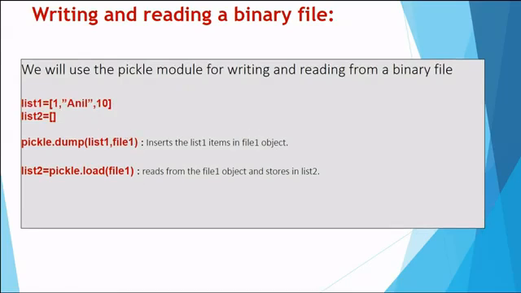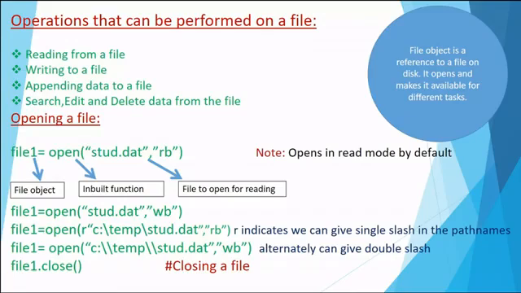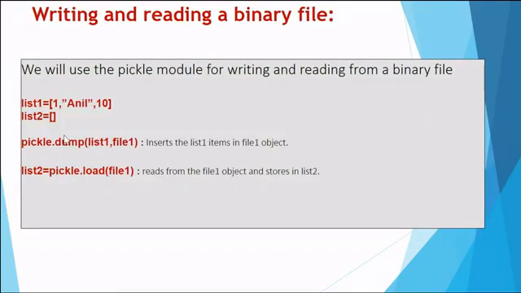Here you can see I have two lists. List 1 has a roll number, name and marks. List 2 is empty. Now when I want to read from a file, suppose I have made a file, file 1, like what I have shown in this slide. I have opened it in read binary format, and I want to read from it, or first let us write. So I have opened it in write mode, WB. After opening it in write mode, I have created a list which has these 3 elements. Now how do I do it?